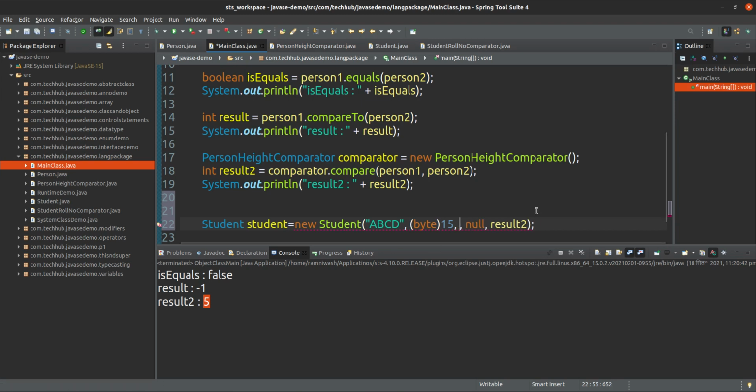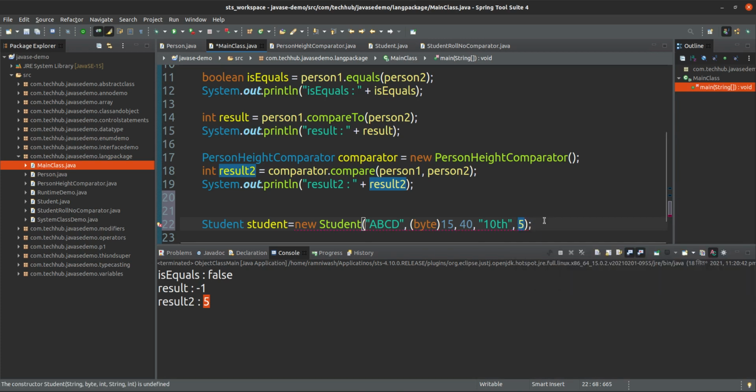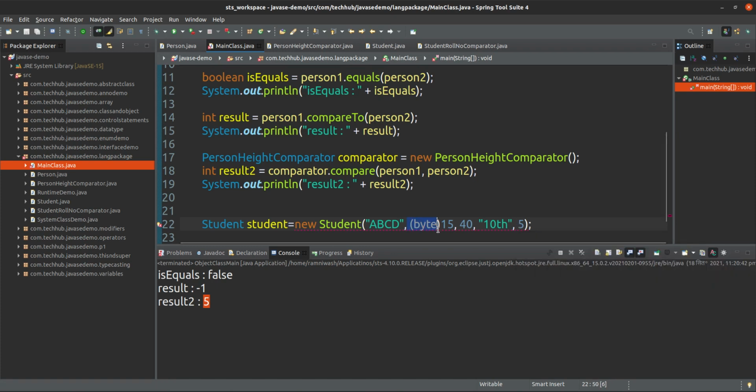This one is the height, like 40, and this one is the course, like 10th, anything. And this one is the roll number, suppose roll number is 5. This one is also byte. Okay, so this is student 1 I created here.